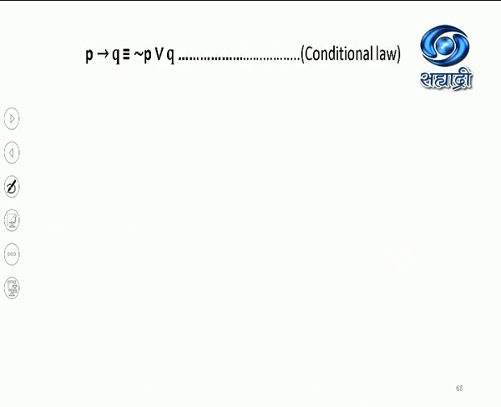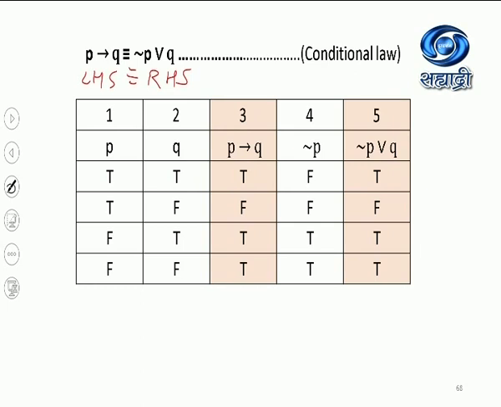Let's study now. Yes, we have to prove this conditional law or implication law. P implies Q is equivalent to negation P or Q. Construction of truth table is not at all difficult. Only thing is that we save our time. Instead of constructing 2 different truth tables for LHS and RHS, because they have to be shown as equivalent, we construct the entire equivalence in a truth table like this. See how simple it is.